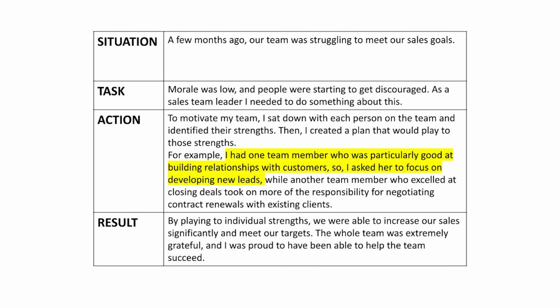So you recognize that and asked that team member to focus on that. And that's a brilliant way to motivate others. So think about that in your own answer. If you're particularly good at something, using that skill will normally make you stand out. It will help you to shine at work. And when someone recognizes your strength, it normally has a positive outcome. So you could think about a similar situation where you recognized someone's strengths and then you encouraged them to utilize